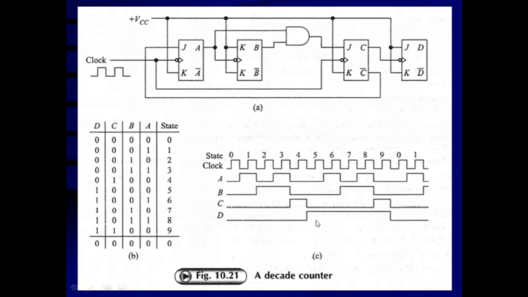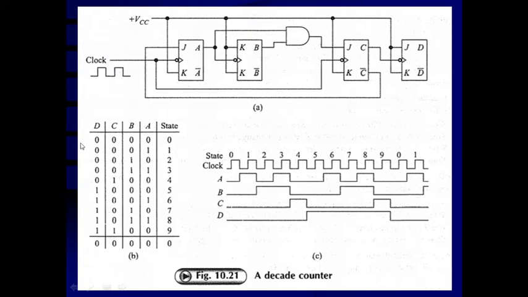Then it is jumping here, you can see that next clock pulse 1 0 0 0. That means after the state 4 it is jumping to the decimal equivalent of 8. Then 1 0 0 1, 9, that means 1 0 1 0, 10, 1 0 1 1, 11, 1 1 0 0, 12, and again it is going to be 0 0 0 0, and that way we can prepare this truth table.